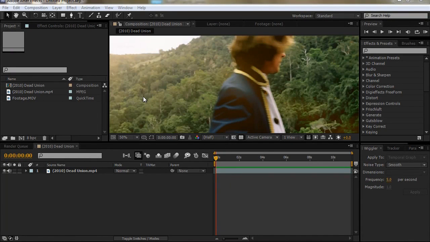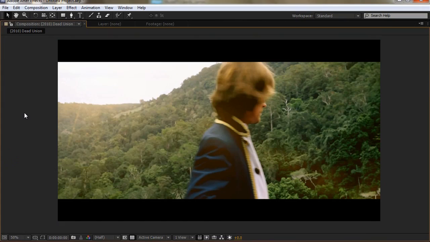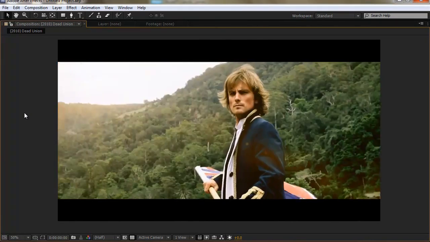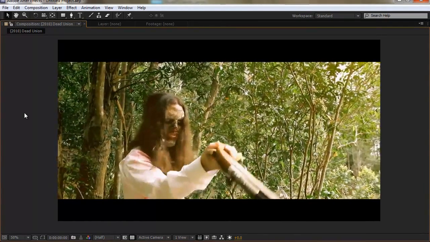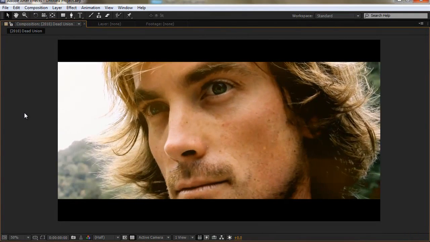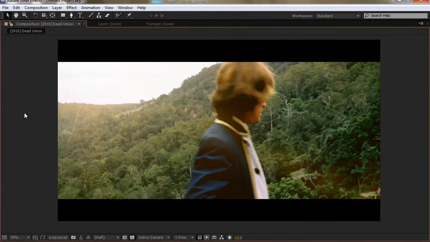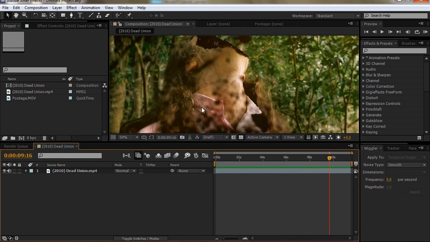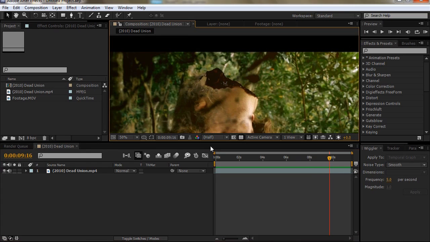Hi everyone, today I'll be going through the process I used to create this effect for a short film. The short film is a zombie apocalypse film set in the 17th century. And that's a British explorer, and he blows off our unfortunate zombie's head here, and we can see there's quite